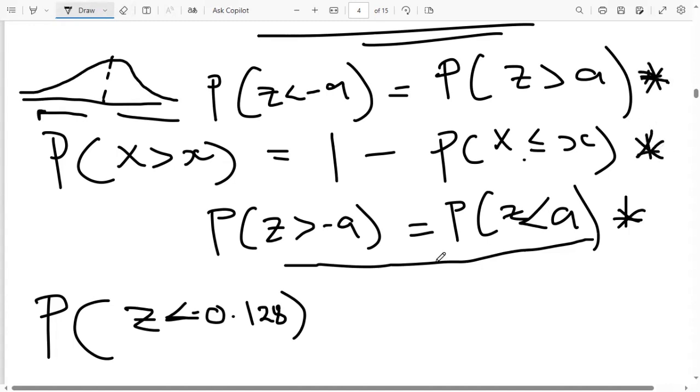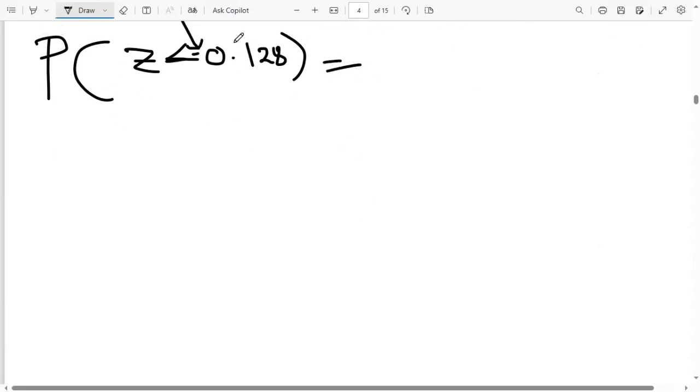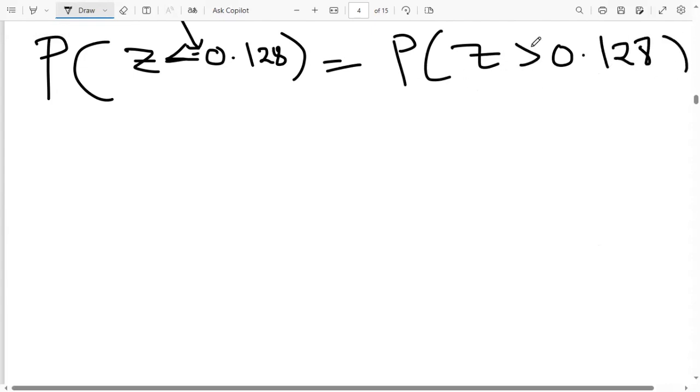So here we are first going to use the rule for the symmetric to handle this negative here, okay? So what are we going to do? We know that by symmetry, okay, this here is the same as the probability of z being greater than the positive value of this, which is 0.128. And then from here, we see that we have a greater than here. We need to change this guy into a less than, okay? So we know that this, by the complement rule, is